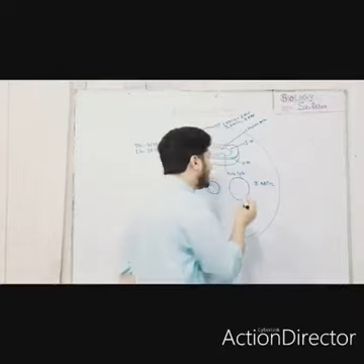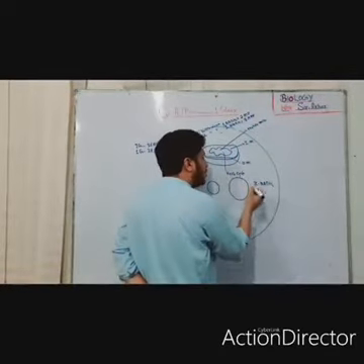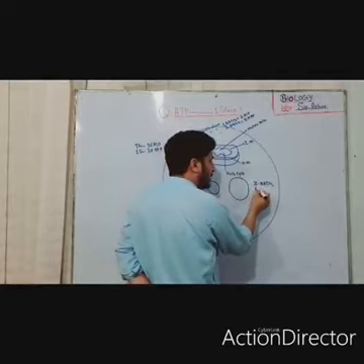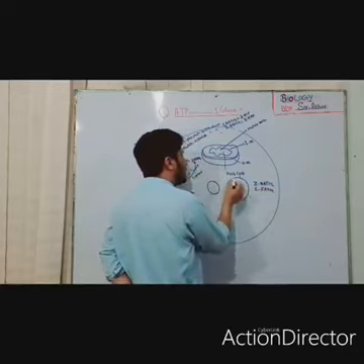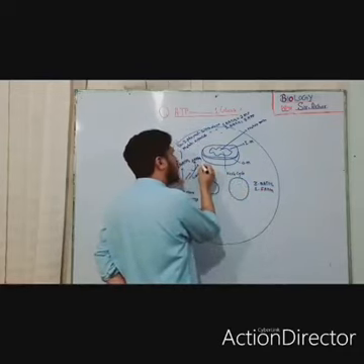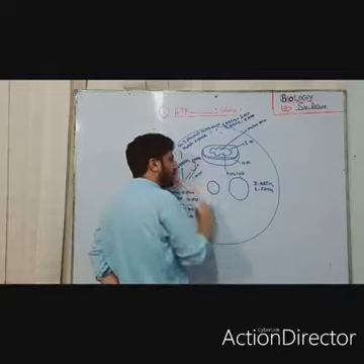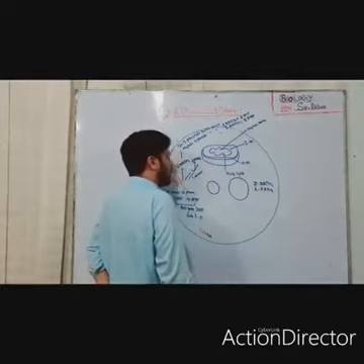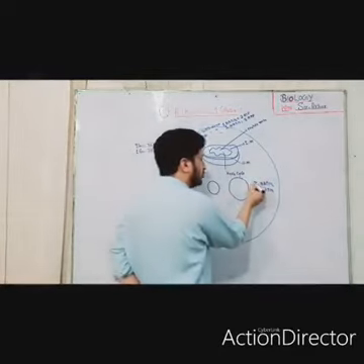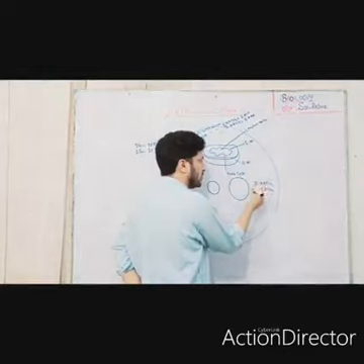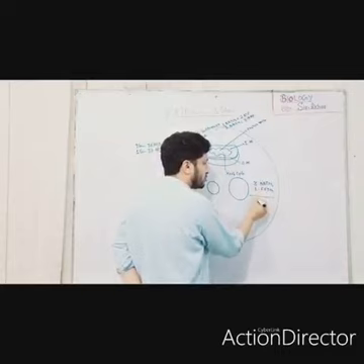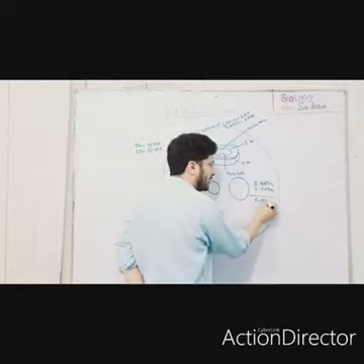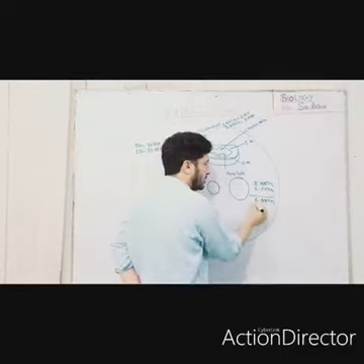So in total, 3 NADH2 molecules and one FADH2 molecule are produced from the breakdown or oxidation of one pyruvate molecule. We have 2 pyruvate molecules, so we will multiply it by 2. So total, 3 multiplied by 2, so total 6 NADH2 and 2